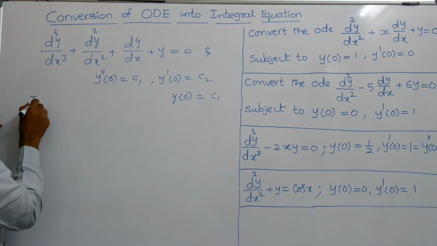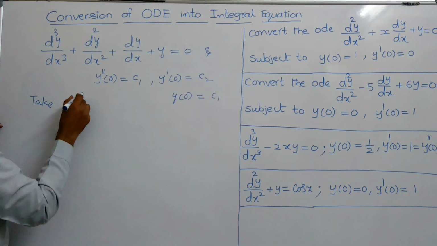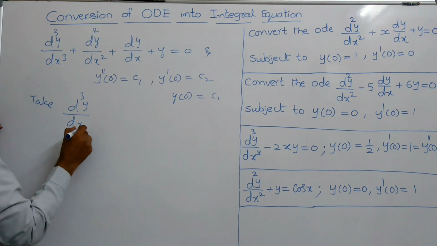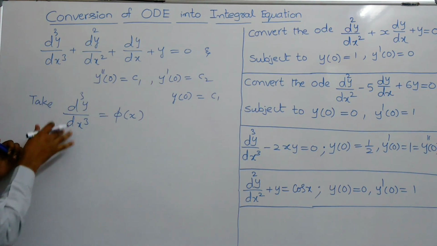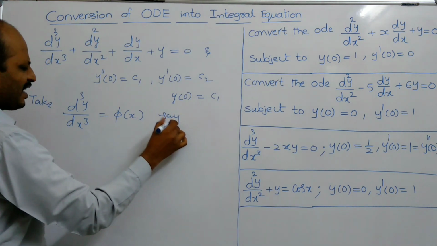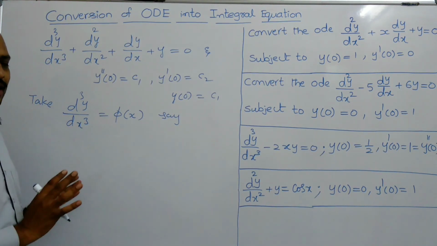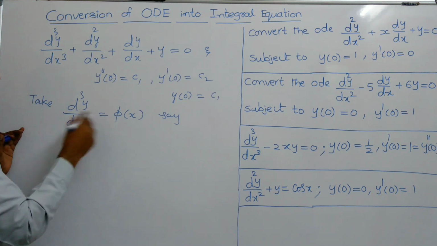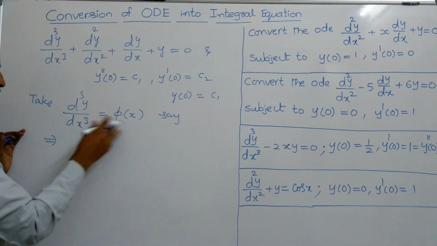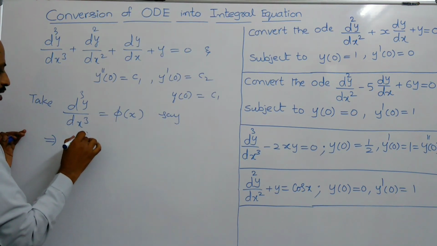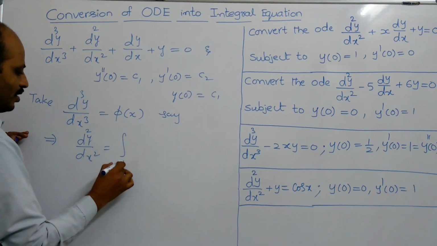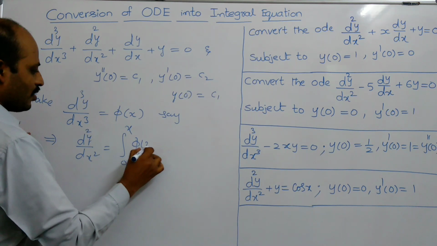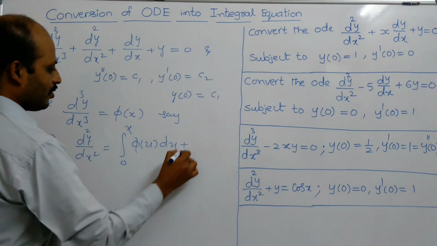So take d cube y by dx cube is equal to phi of x. There are no complications, I simply explain this. On integrating both sides we get d square y by dx square is equal to integral 0 to x phi of u du plus